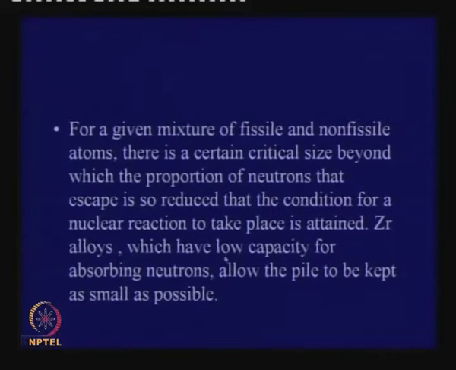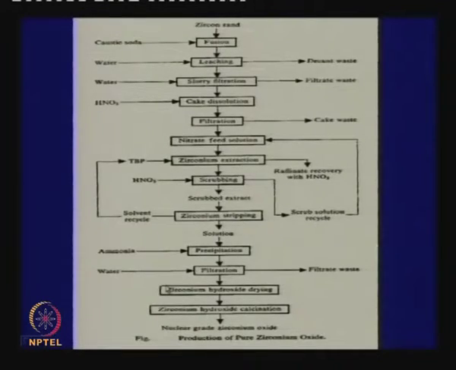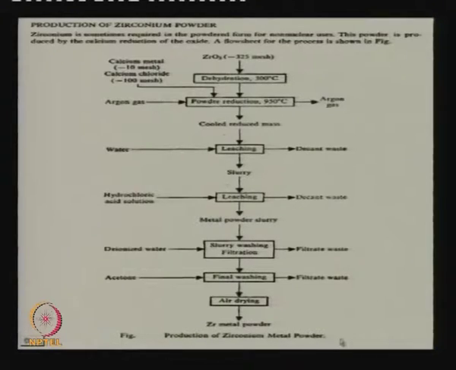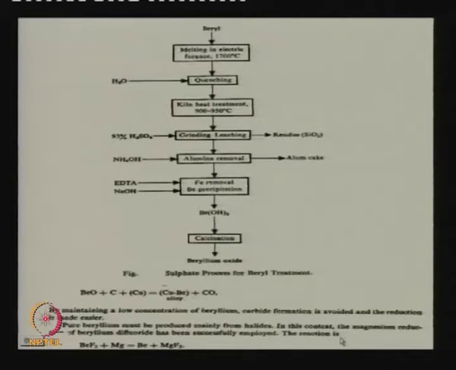Zirconium alloys, which have low capacity for absorbing neutrons, allow the pile to be kept as small as possible. I have given flow sheets for production of zirconium oxide from zircon, production of zirconium sponge and reduction of powder,